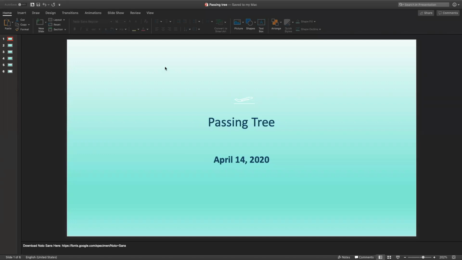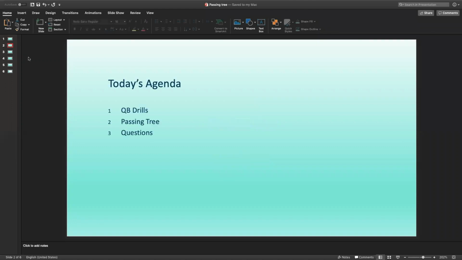So that's going to be the agenda today. We're going to be talking about some quarterback drills to get started. We're going to talk about the passing tree, and then I'm going to open up to any questions. But I'm really excited about this one. It may be a long one, so if you need to drop off, I completely understand. But if you don't have anything else to do, we might go a little bit overtime tonight. So with that being said, let's hop right into